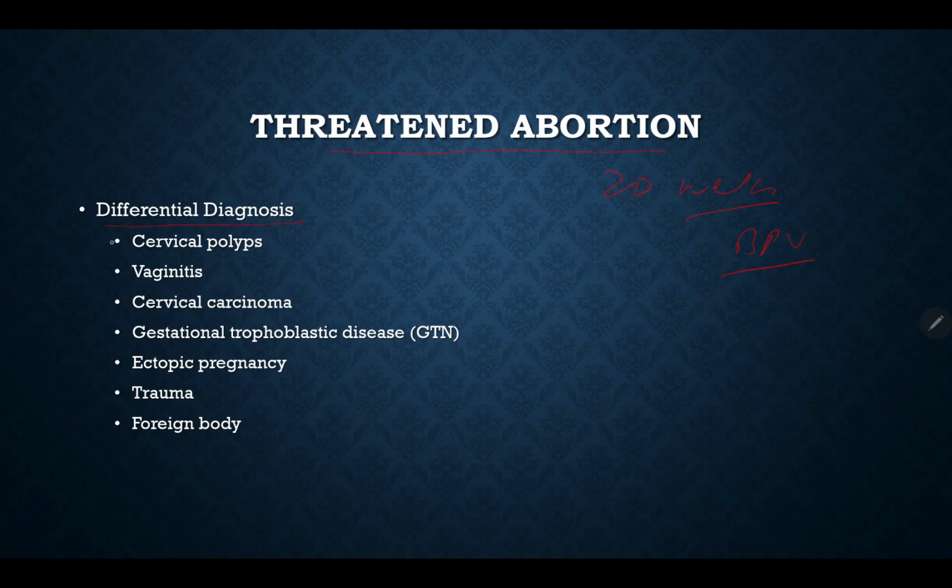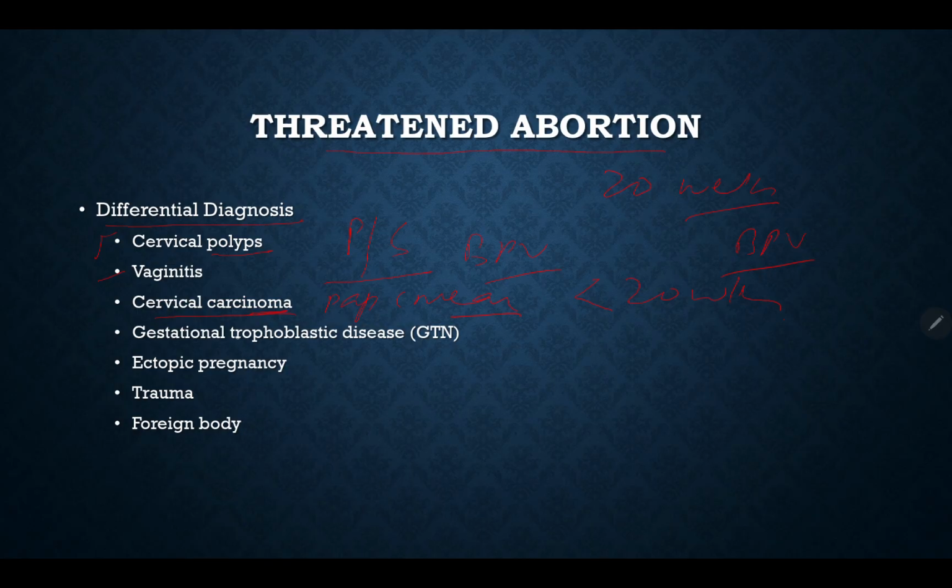Cervical causes: you have to identify them timely, so that you can identify that these women are not going to develop such complications that I have mentioned in their later pregnancies. Now on per speculum examination, you can see a cervical polyp. So per speculum examination of a woman coming with bleeding PV before 20 weeks gestation is a must. Then vaginitis, cervical carcinoma, you can order a pap smear